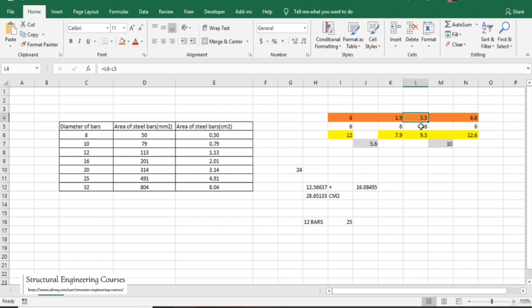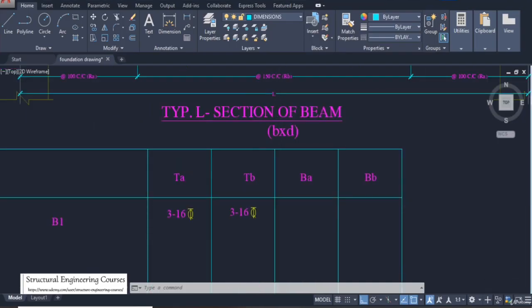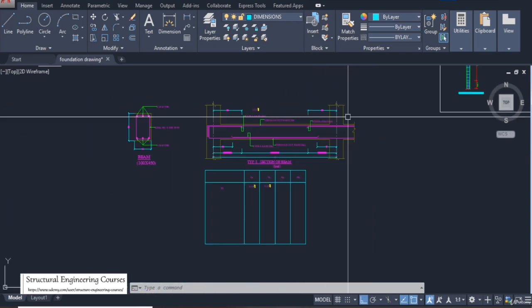So what we can do here is that we can provide 2 16 dia bars extra. By providing 2 16 dia bars here, we are providing 4 centimeter square, higher than 3.5, which is the requirement. So for this beam,